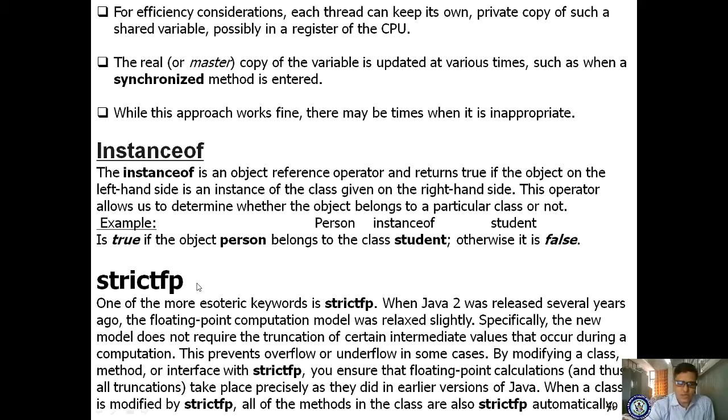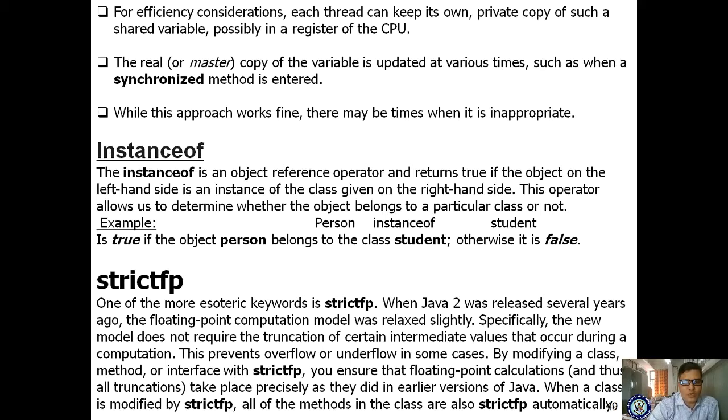And the next keyword is strictfp. One of the more historic keywords is strictfp, which stands for strict floating point. When Java 2 was released several years ago, the floating point computation model was relaxed slightly. So this strict floating point keyword is used because of older versions.